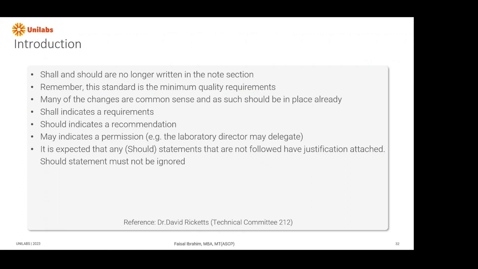One thing to remember, whenever you see "should," people tend to forget about it and they don't implement it in your lab. And if you don't implement any "should" statement in your lab, the recommendation is you need to have a justification statement why you ignored it. So any "should" is there in the standard. If you don't do it, just write in your policy why you're not doing it and why you think your practice is of a good quality and you do not have to follow the "should" statement